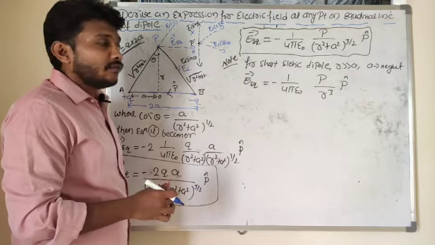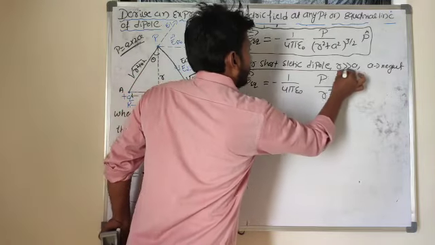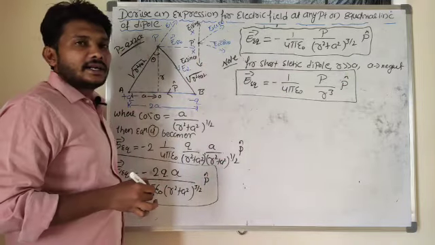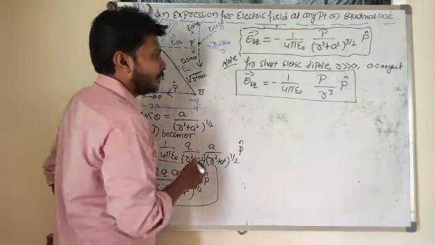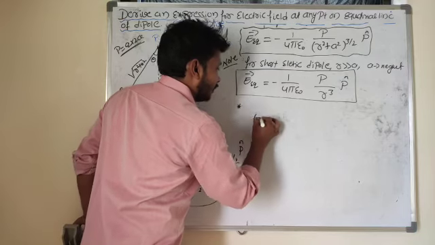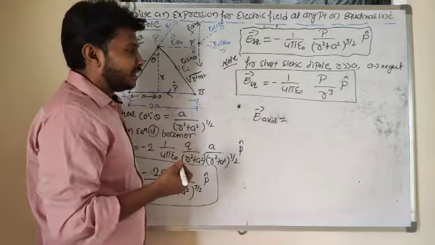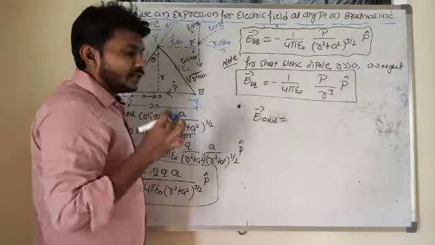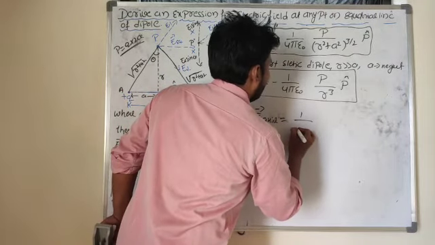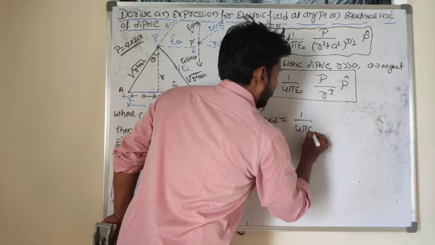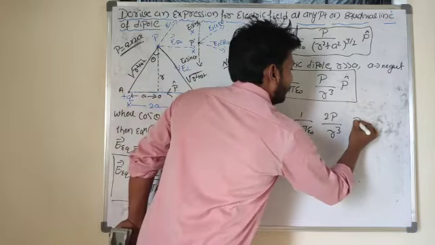What is the equation for electric field in case of equatorial line for short electric dipole? It is minus 1 by 4 pi epsilon naught p by r cube into p cap. For axial line, what equation did I get? For axial line, we just derived that. For short electric dipole, electric field at axial line is 1 divided by 4 pi epsilon naught 2p by r cube into p cap.